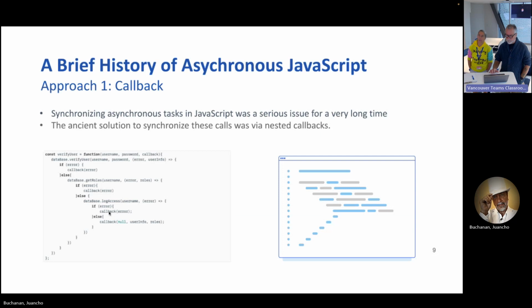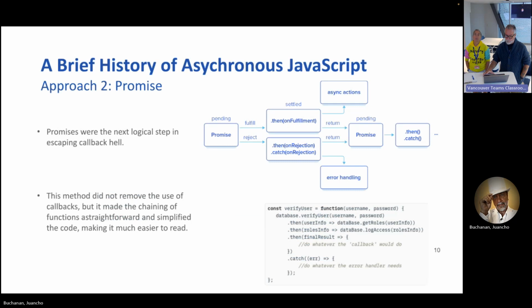So please tell me we're not going to ask our students to do this. No. Yay. That's just approach one. So you like this approach much better, don't you? Right. So a promise. So basically, it's a different way of thinking about this.